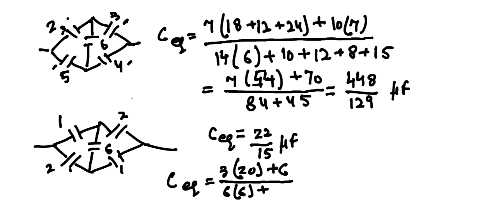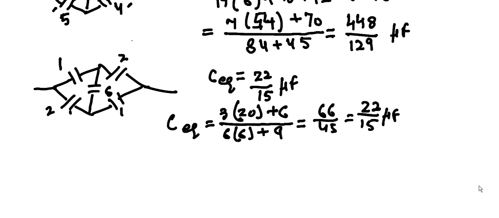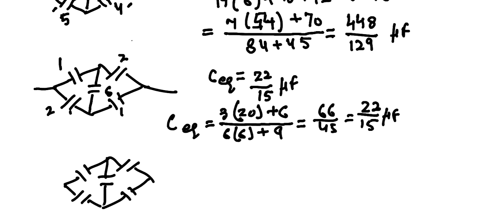We will multiply these two. 1 into 2, 2 into 2, 2 into 2, 1. This is 2 plus 2, 4 plus 4, that is 9. It will come as 9. So here 66 upon 45. So you saw here that you get exactly the same result. So in general, you must remember this formula without any confusion. These are the exact answers, no approximation.